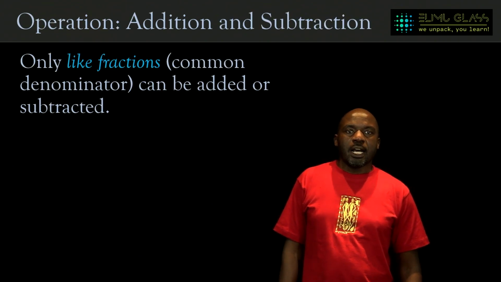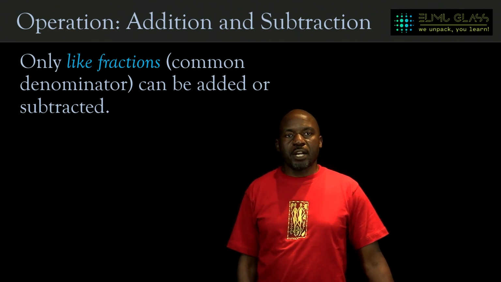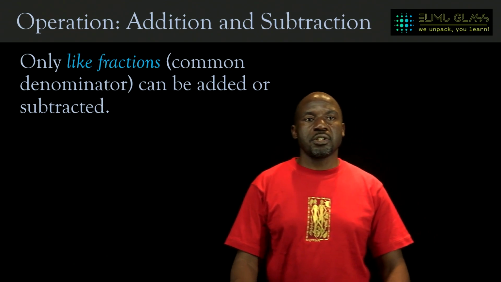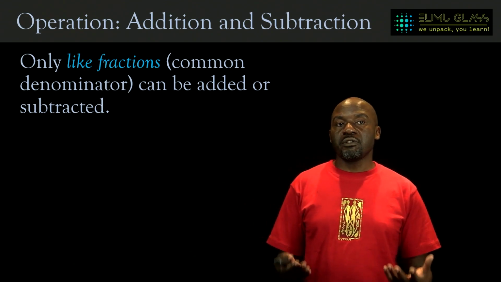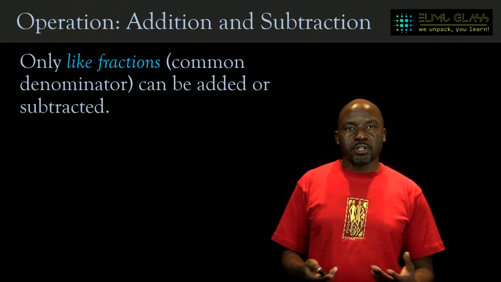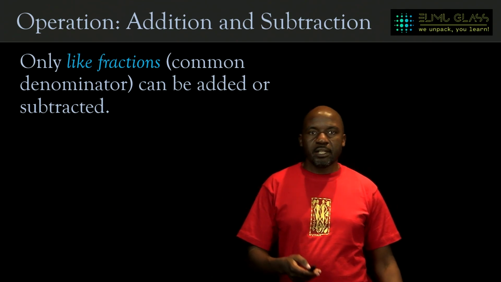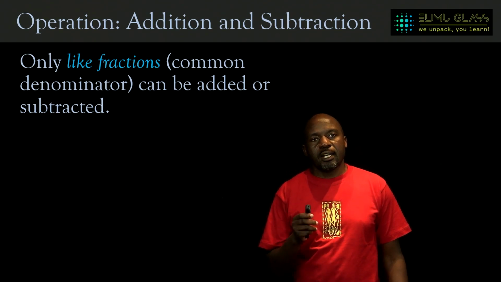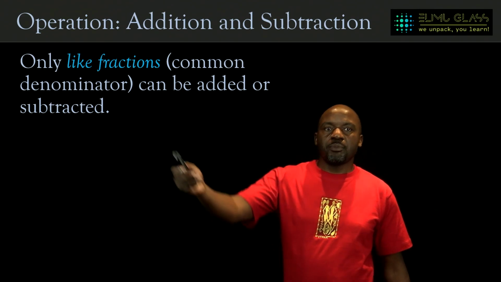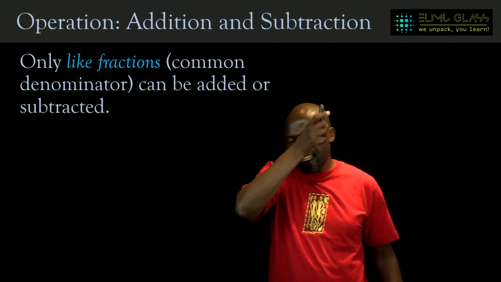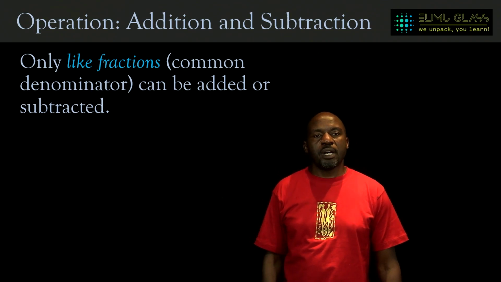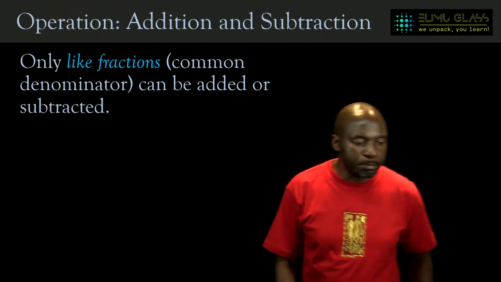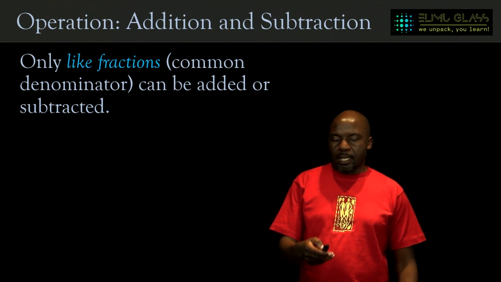All right, now we go to operation with fractions, and we start with addition and subtraction. Adding or subtracting fractions is often more difficult or involves more steps than multiplying or dividing. So when we are adding or subtracting, we need to ensure that the fractions are like. The fractions must be of the like type in order for us to add or subtract them, which is to say we must ensure that the denominators are the same before we attempt to add or subtract them. For example,